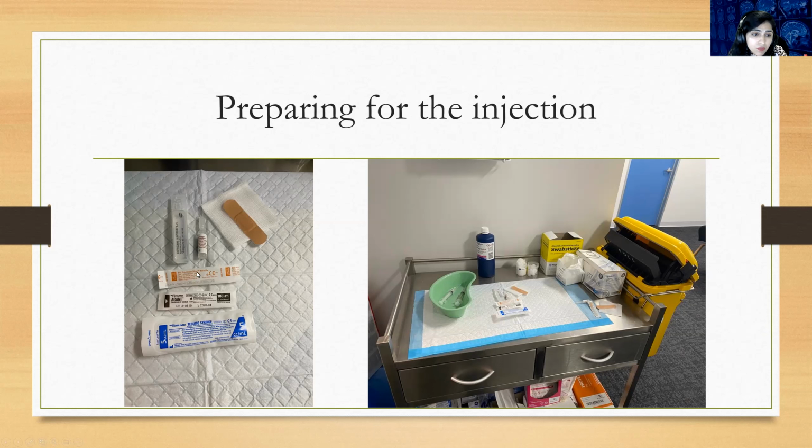So this is our normal 25 gauge needle, which is 38 millimeters in length, one drawing up needle, and this 5 cc syringe. So for the bigger joints and for the bigger bursa, we usually do 1:3. But for the smaller areas, lateral epicondylitis and medial epicondylitis or plantar fascia or trigger finger, we usually go for 1:1, 1 ml of Celestone and 1 ml of Marcain. So this is our tray.